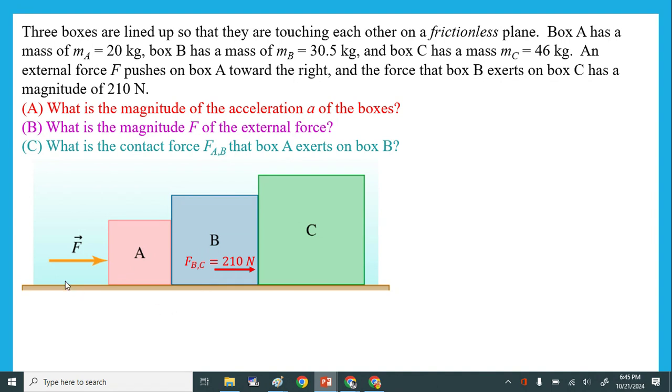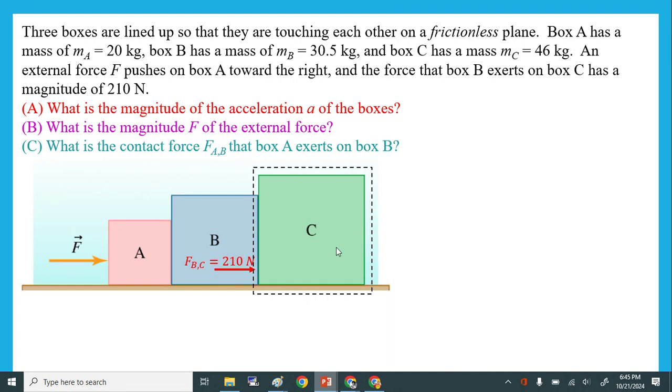So again, typically the external force is given. In this one it's a little different. They give you one of the contact forces, which in this case is between B and C, which is 210, which is not bad. So you just have to learn to go with the flow for these types of problems based on what's given to you. Okay. So therefore, to find the magnitude, I want to focus my attention purely on box C,